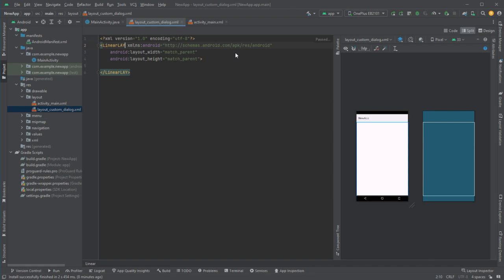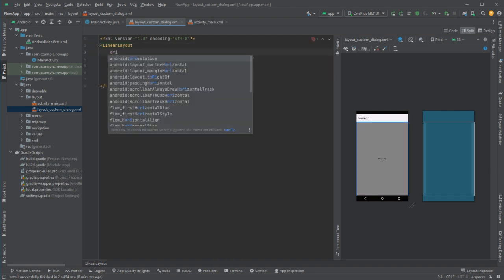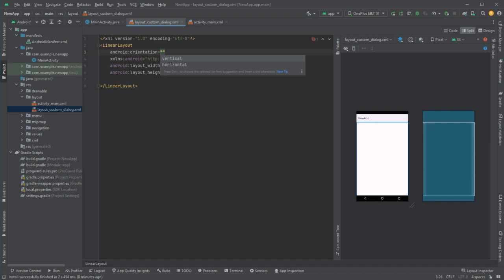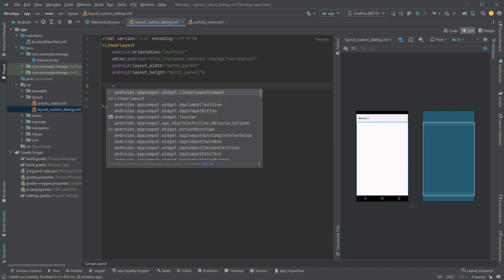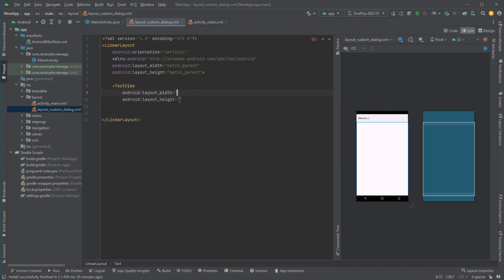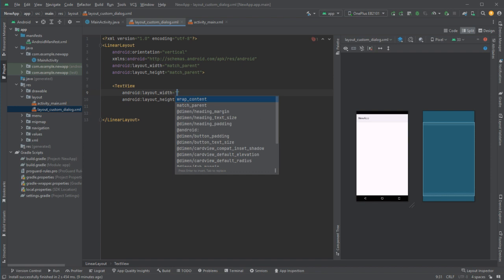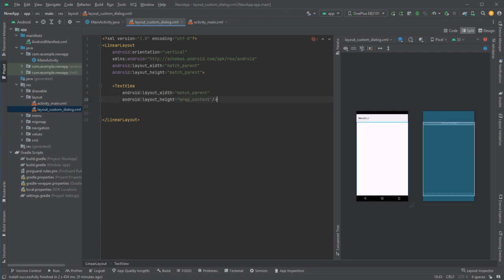See, linear layout is very easy to use. That is why I use linear layout every time. Other than that, constraint layouts are used in production or in complicated cases, but here we don't need much code, so that is why I don't want to make it complicated. So here vertical orientation. Now I will write text view. Width will be match parent, height will be wrap content, text size will be 20 sp, and text will be